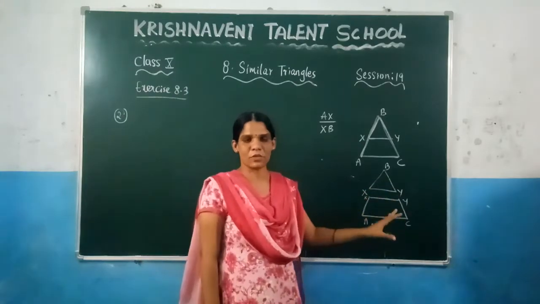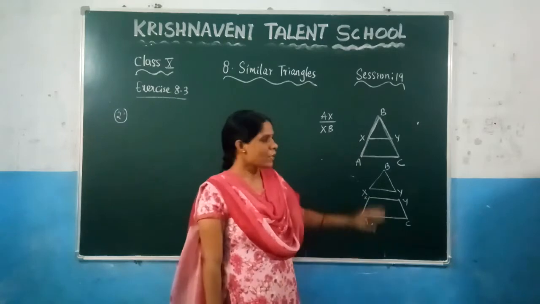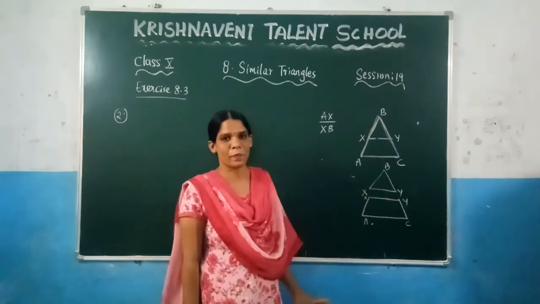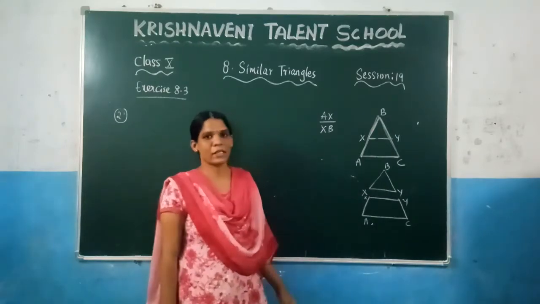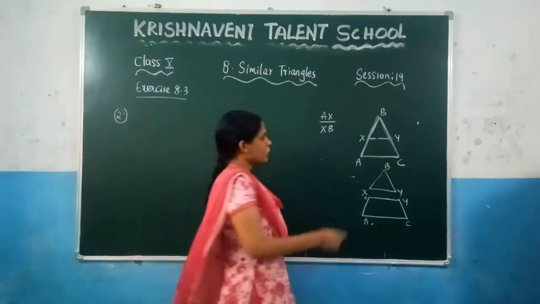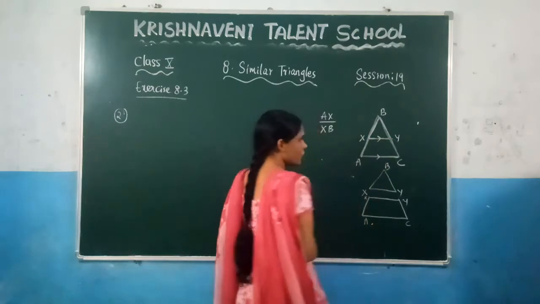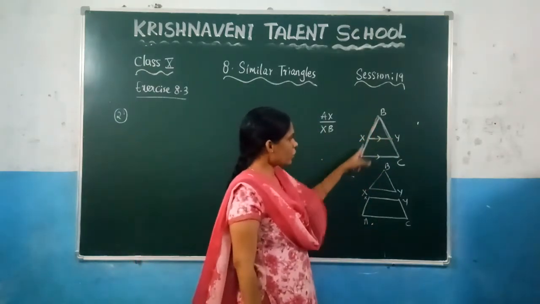all these conditions, what are the conditions they have given here? These two lines are parallel and this area is equal. Based on these properties, you can find that. So let us see how to show these two triangles are similar. Now, they have given that XY is parallel to AC, right? If these two lines are parallel, what do we call this line?